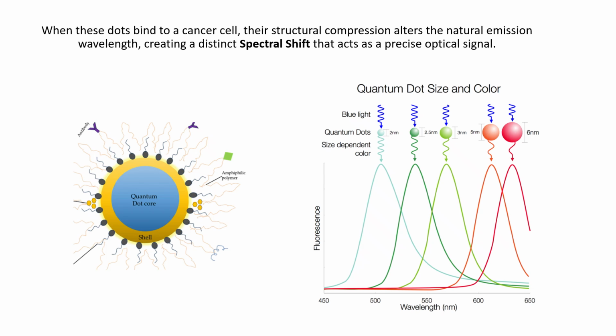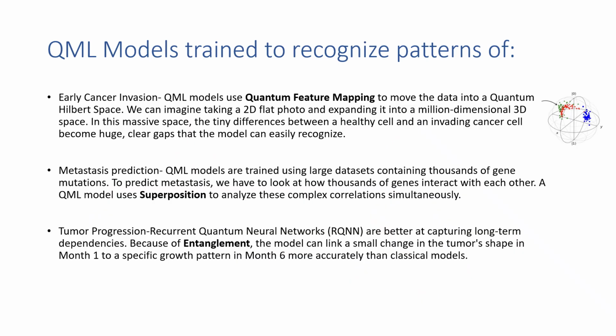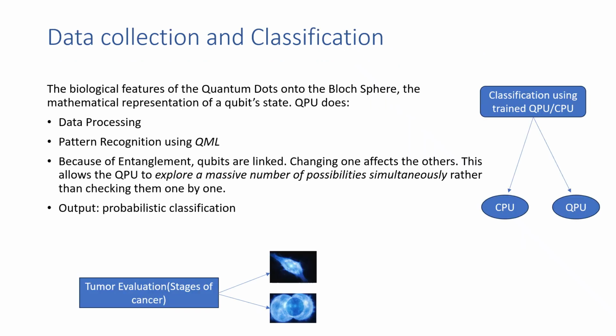I'll now be talking about the computational framework, which is hybrid. So to process this high dimensional data, we're using a hybrid computation approach. First, a classical convolutional neural network, acting as a filter, takes the heavy image data from the hospital and condenses it into key mathematical features. Then a quantum neural network projects those features into a high-dimensional quantum Hilbert space. So by tapping into quantum principles like superposition and entanglement, the system can analyze thousands of complex genetic and structural correlations all at once to give us an automated real-time stage classification.